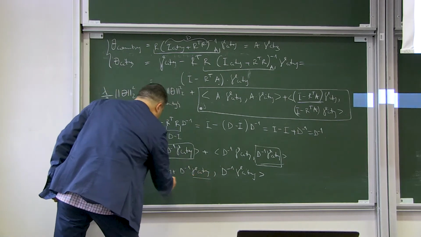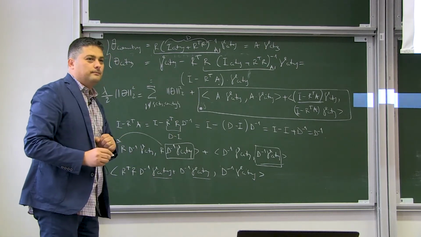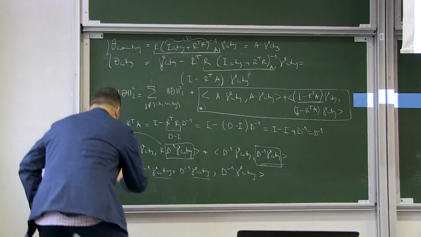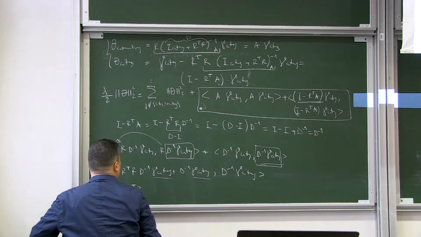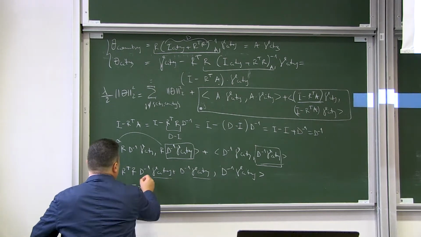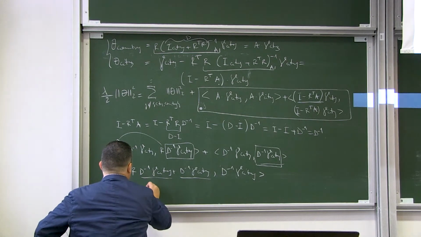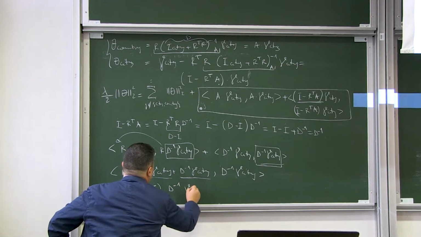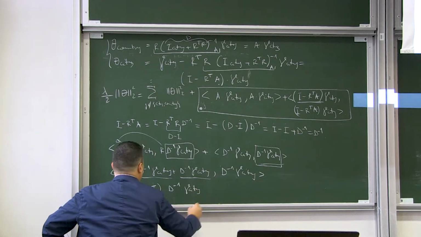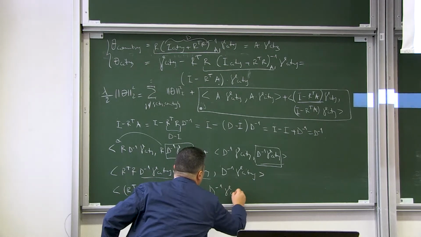We have d minus 1 gamma ct here, gamma ct there. Let's actually factor it out. If we factor it out, we get R transpose R, and then this is plus identity times d minus 1 times gamma ct. And this comes in a dot product with d minus 1 gamma ct.